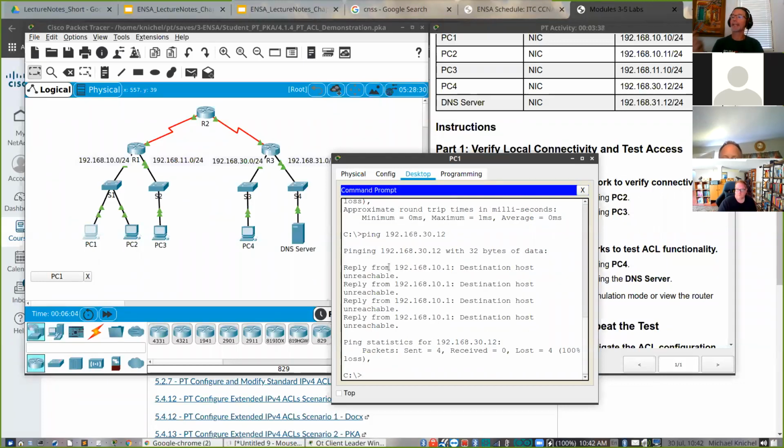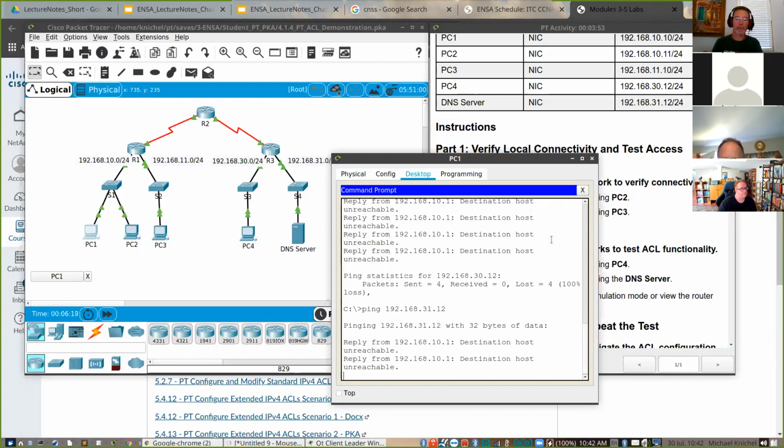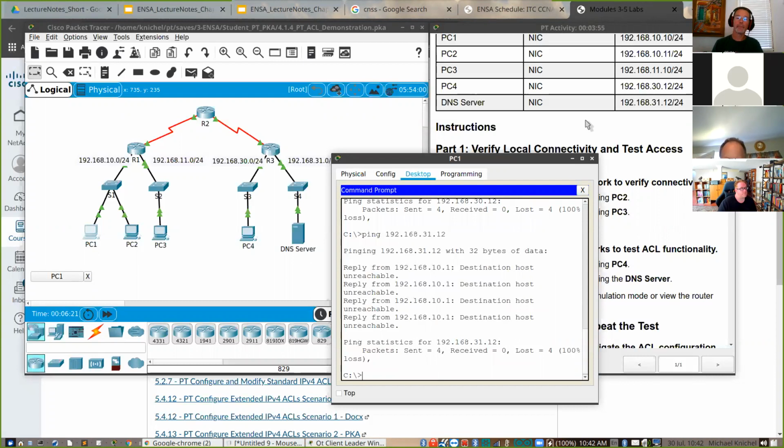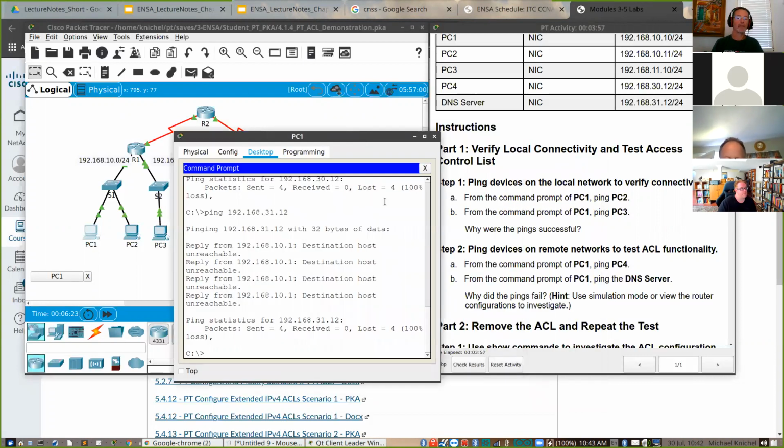We're getting an ICMP message back that says destination host unreachable. But this is coming from 10.1. Huh, look at that. And same thing with 31.12. Right? So we can't ping remote networks. We can ping the local stuff, but nothing remote.